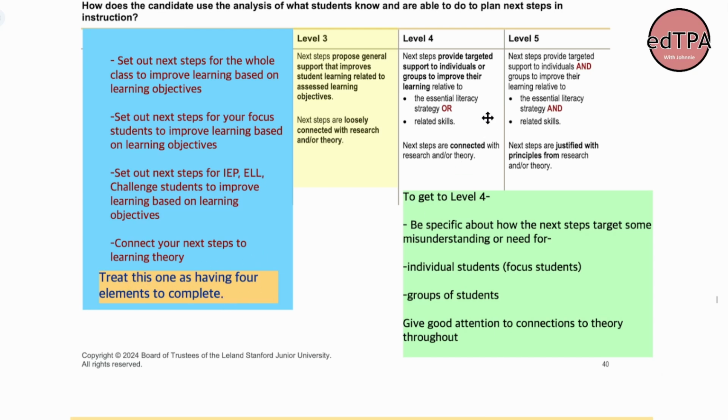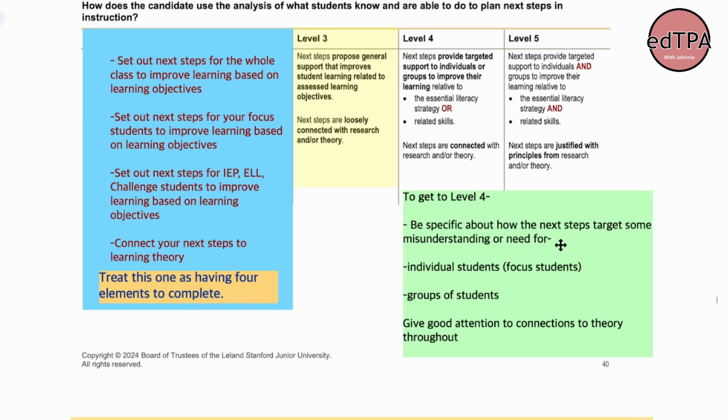For level 4, next steps provide targeted support to individuals or groups to improve their learning relative to the essential literacy strategy related skills. Next steps are connected with research and/or theory. Notice that it's not vague here about who needs to have the support in next steps. You need to have targeted support, and you need to have absolutely clear connections to research or theory. So to get to level 4,